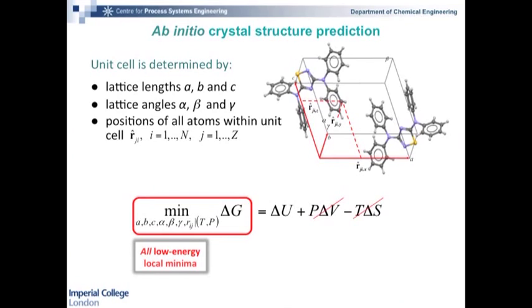And you can see what this shows is a number of groups who participated. 11 groups tried this molecule, and 4 were successful. In this case, 1 out of 8. So you can see that there are a few successes, but they were not consistent through all of the participants. Okay, and this is an extremely challenging problem. The solution to this problem requires finding the minimum energy for the crystal, so the arrangement of the molecules within a repeating unit, a unit cell, and the positions of the atoms that minimize the energy of the crystal.